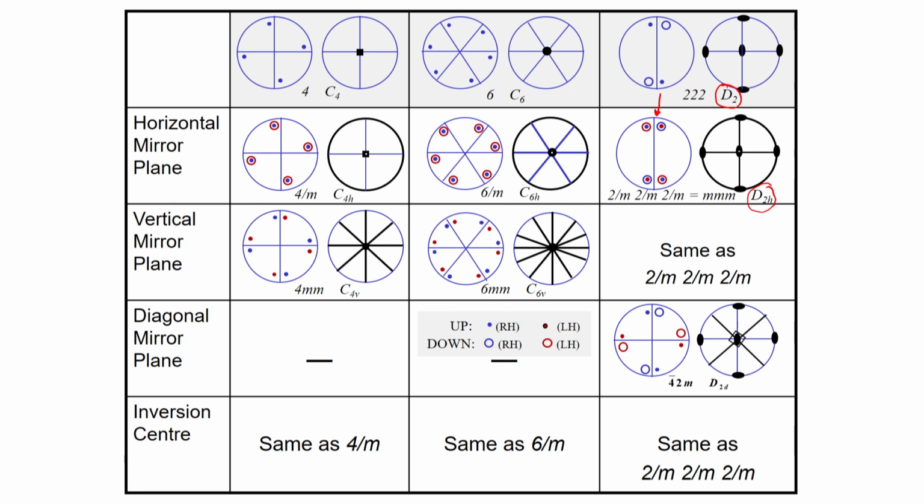Well, that mirror is going to contain the four-fold axis, and if you recall, you will end up getting a mirror perpendicular to it, and you will get mirrors bisecting the angle between these two perpendicular mirrors. So, there would basically be mirrors at 45 degrees to it, Schoenflies notation C4V, and this point group is simply called 4 mm. In fact, it is just an extension of the two-dimensional plane group.